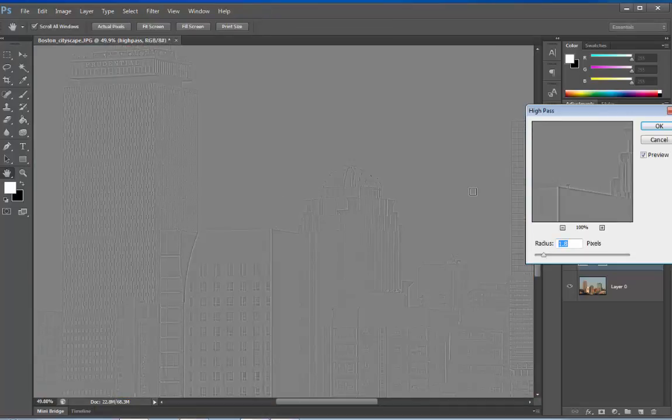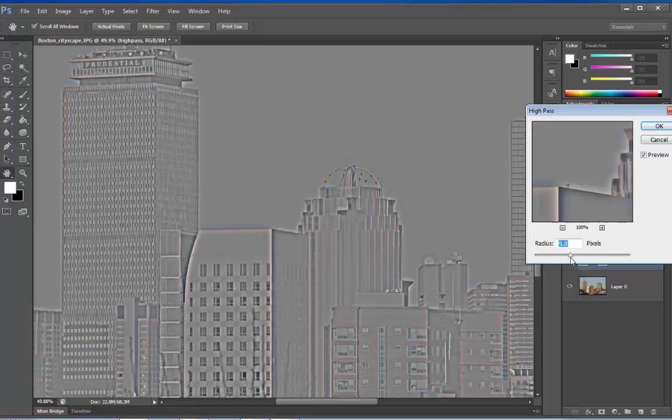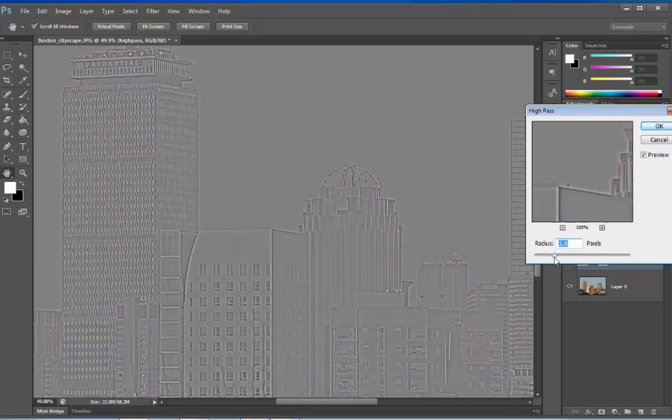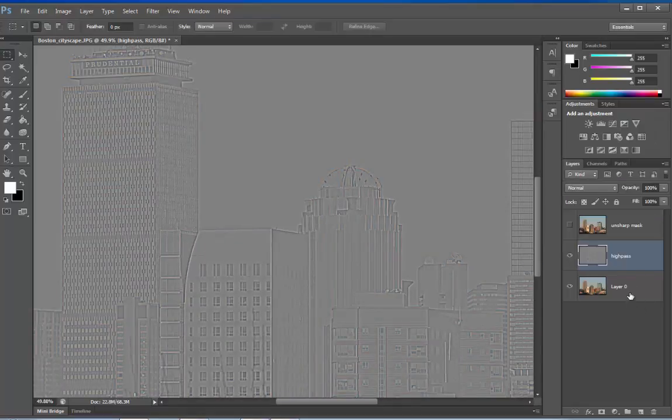This filter is designed to identify some of the sharper areas. We need to adjust this radius value so that we can only see the sharper edges. This radius value will be set according to the contrast in the image you are working with. Typically it should be kept where you can only see the areas of contrast. If you start to see some colors like this, it means the radius value is too high. Let me bring it down. We don't want to see any color. Like so. Hit OK. Now we have not applied anything to the original image.